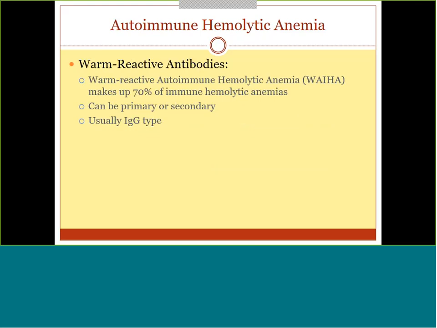All right, so when we talk about warm reactive autoimmune hemolytic anemia, we are discussing specifically IgG types of antibodies. If you've been through immunology, you should be familiar with the different types of antibodies. Those that are IgG tend to react at body temperatures, which are the warm temperature. That's why we call them warm reactive. They like that 37-degree temperature, and of course our bodies are that temp, so they will react within us. So please do know that the warm reactive autoimmune hemolytic anemia is IgG-based antibody